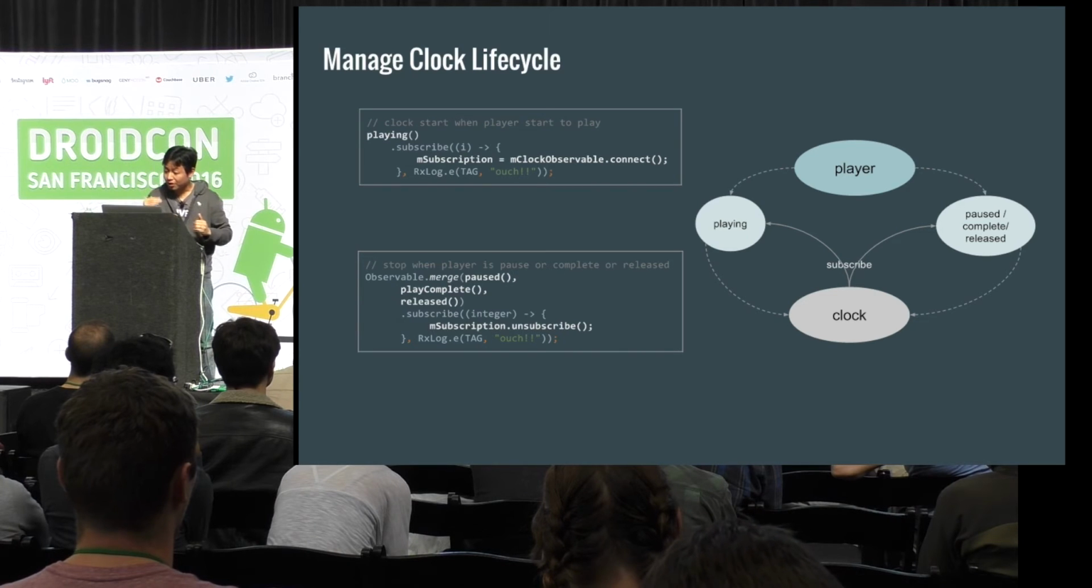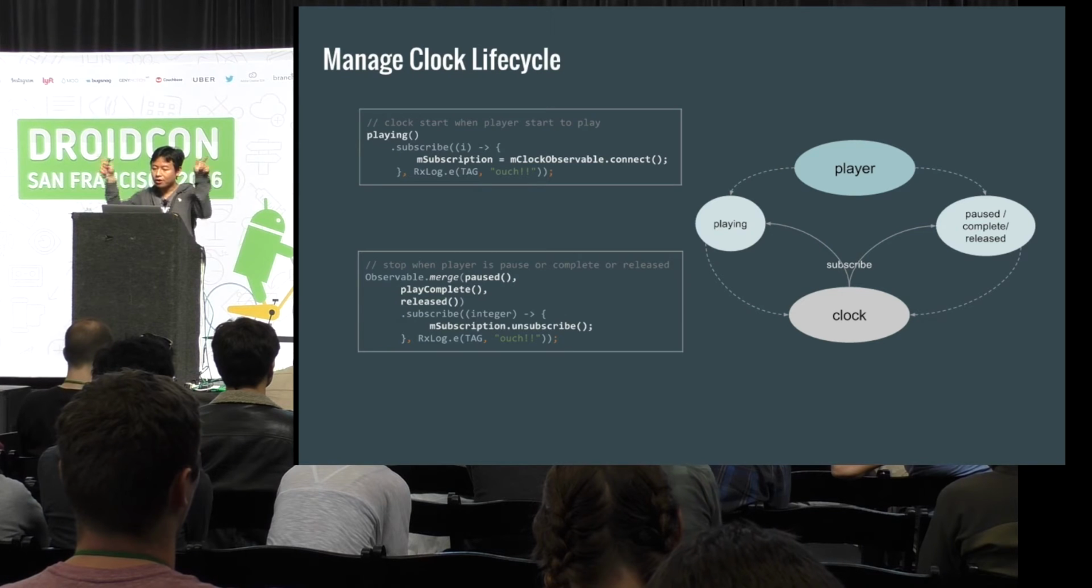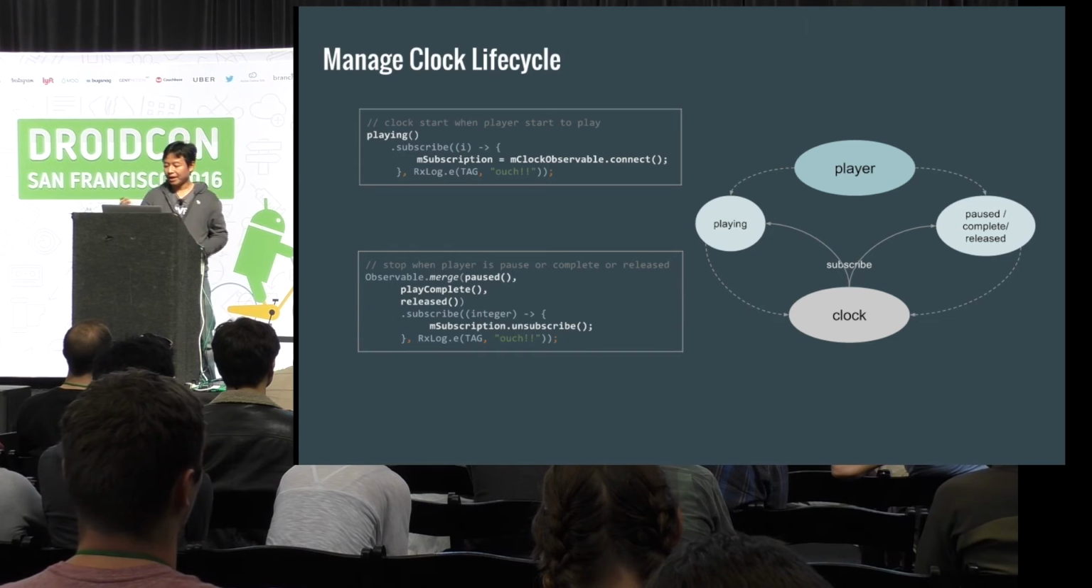For connectable observables, it will turn on when you turn the knob, which means that you connect it. Okay, and then the second